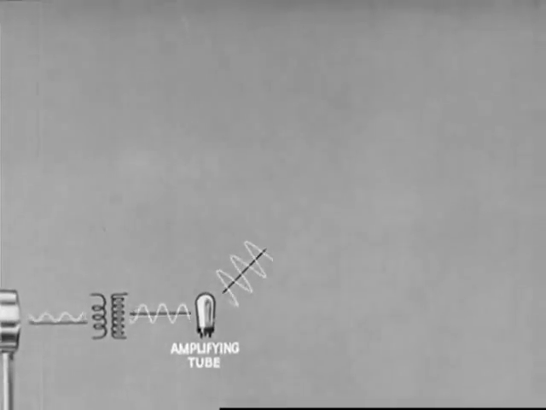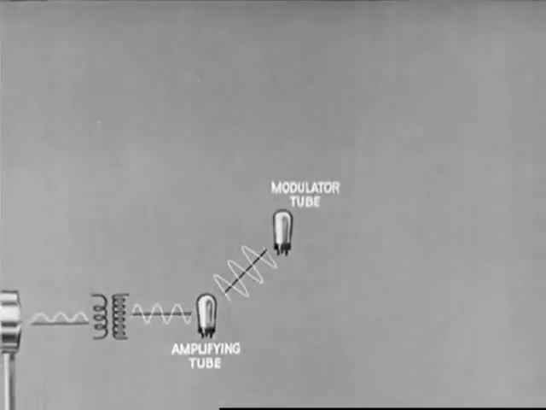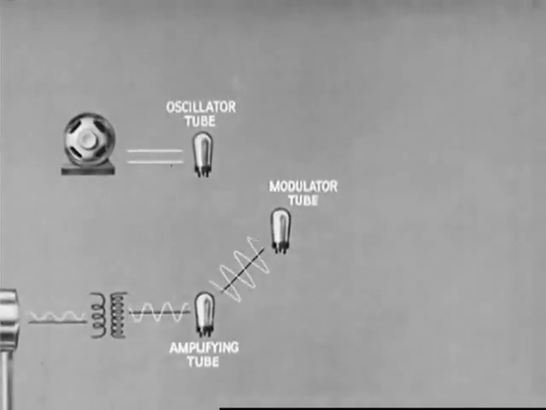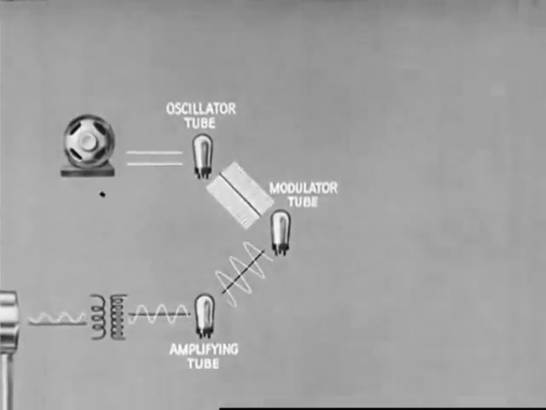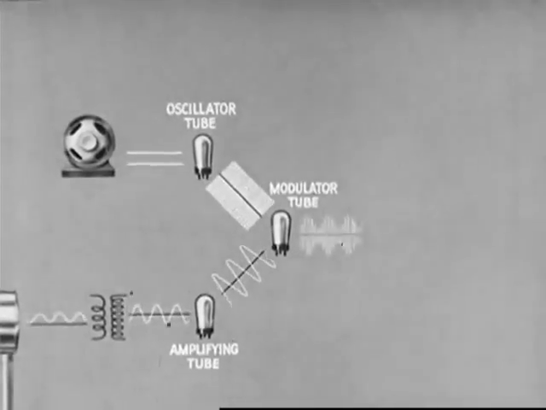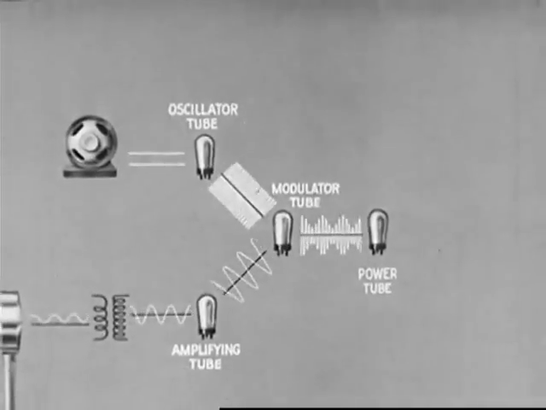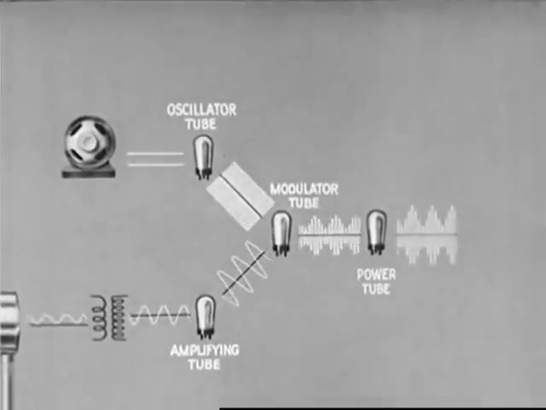Let us recapitulate the events in radio broadcasting. Sound waves strike the diaphragm of the microphone. A pulsating direct current is set up in the transmitter circuit. This is changed by the transformer to an alternating current, which is amplified and sent to the modulator tube. A generator delivers a direct current which the oscillator tube changes to a high frequency current, which is fed into the modulator tube, where it is modified by the audio frequency current coming from the microphone. The modulated current is boosted by the power tube, which is coupled to the antenna.